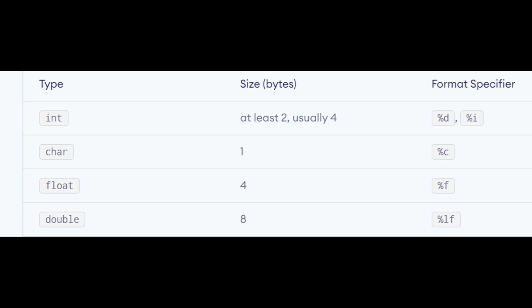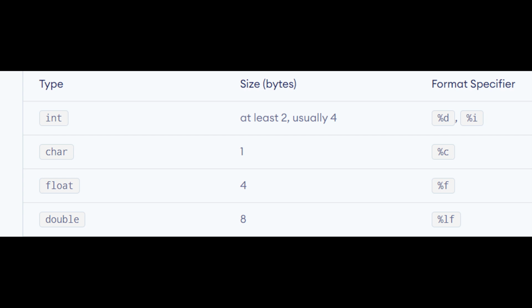For float, that is the decimal value data type, it is 4 bytes and the format specifier is %f. For character it is 1 byte, %c. This means whenever you declare a variable of character, like in this program you have declared c as a variable of type character, 1 byte of memory will be allocated during compilation.